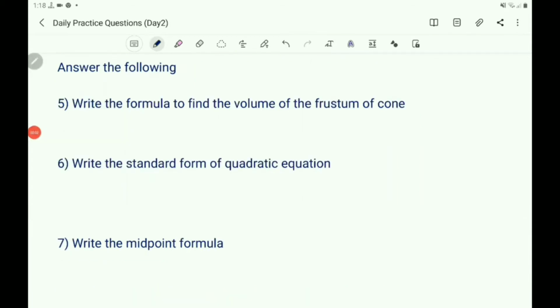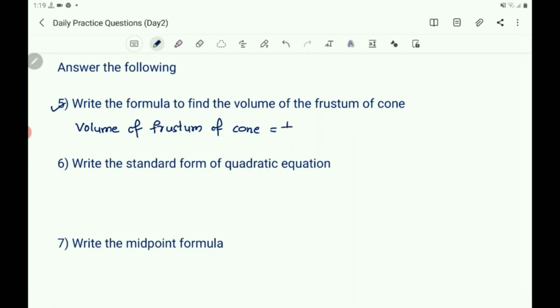Then the next questions, answer the following. Fifth question. Write the formula to find the volume of the frustum of cone. Write the formula to find the volume of the frustum of cone. So then what is the formula? That is volume of frustum of cone